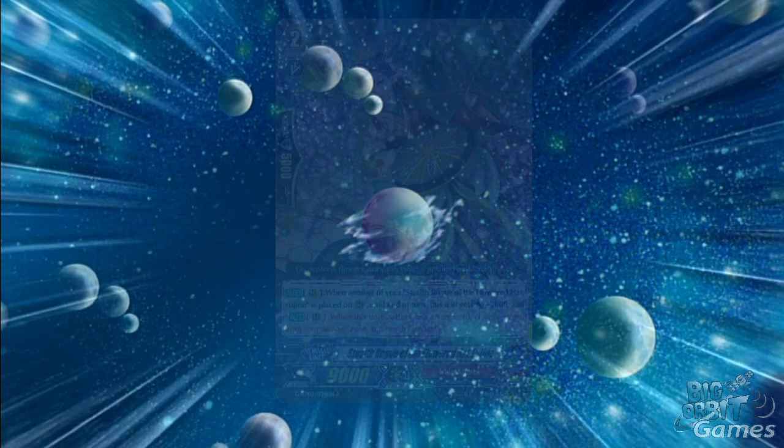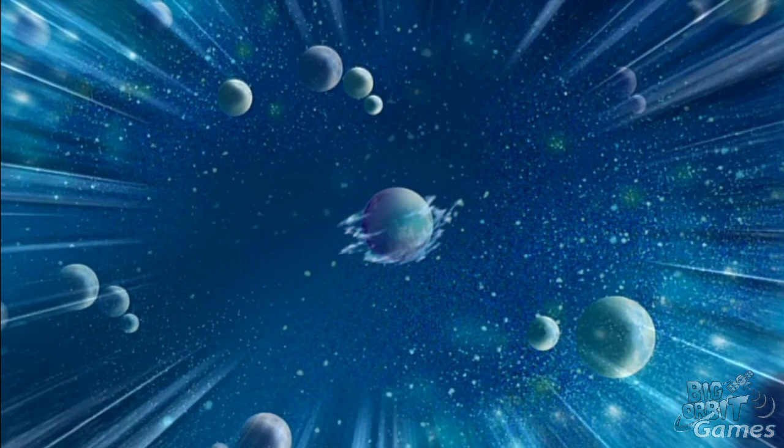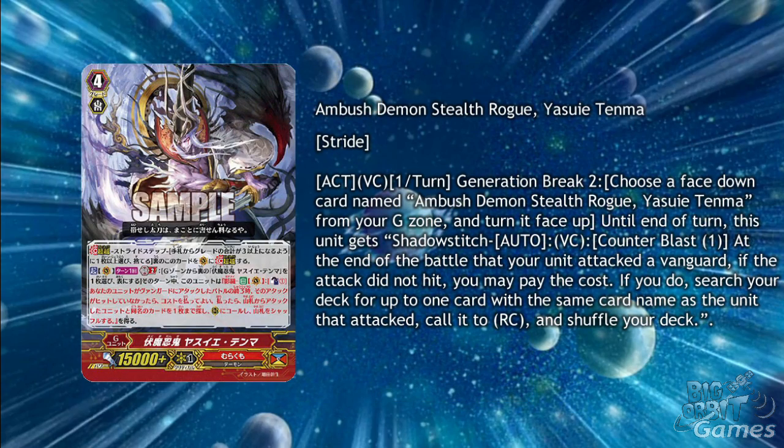But at the moment we do have Fujino, who does become an 11k, and if her attack hits you can countercharge 1, but she has no abilities to attack from the back row. Because it only says unit, this does also mean you can clone your Vanguard if your Vanguard's attack doesn't hit. So you won't be able to clone the Stride itself, but you'll be able to clone its harp, most likely